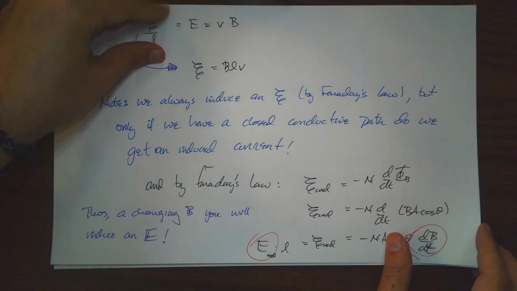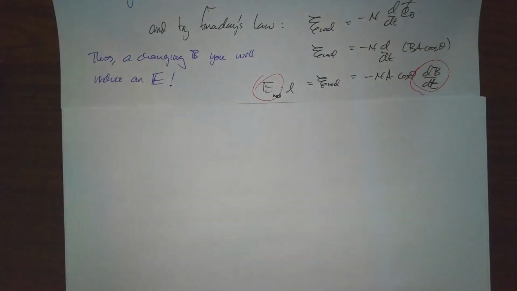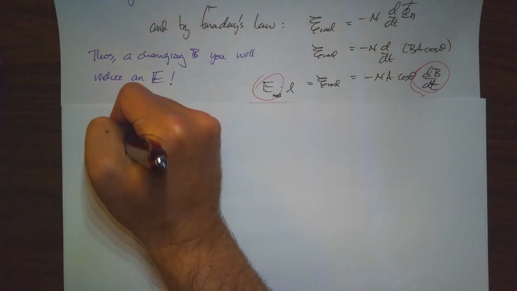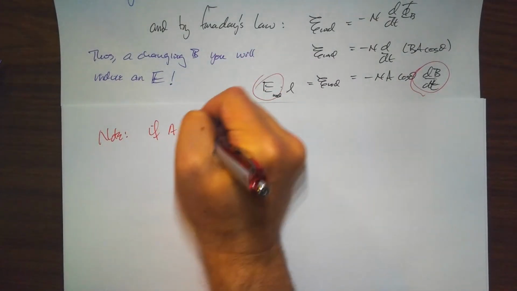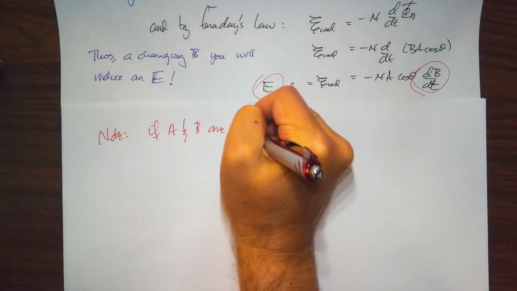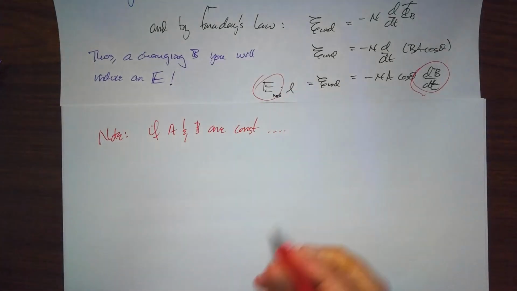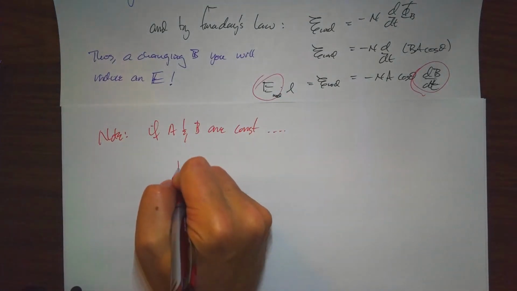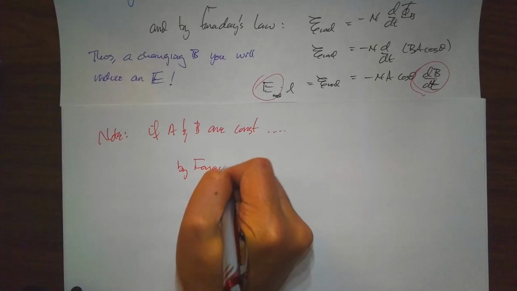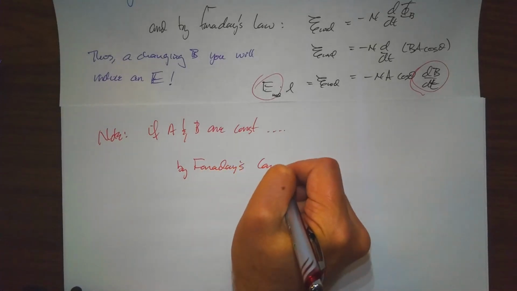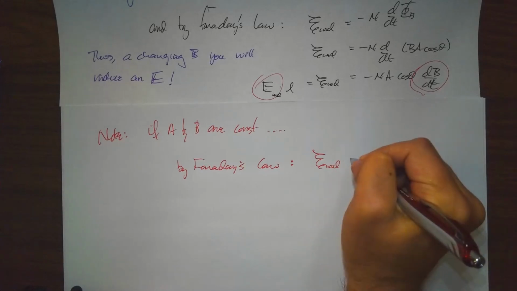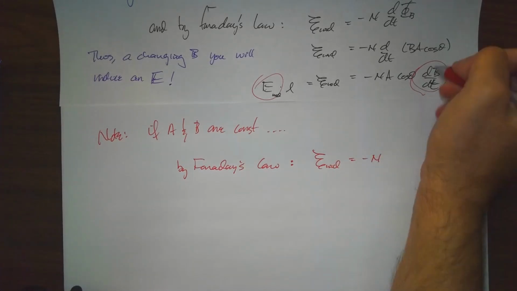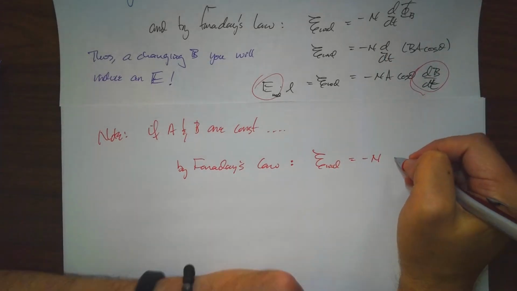The other thing that, since I wrote this one down here, we should probably pick up is that if A and B are constant, then by Faraday's law, we get that our induced EMF is minus N. If I pull the B and the A out,